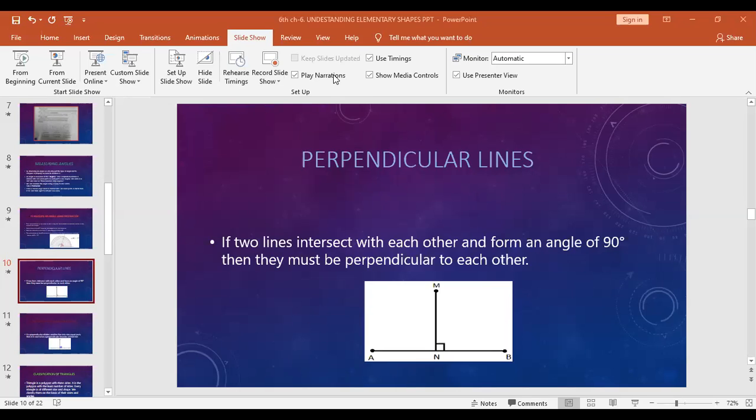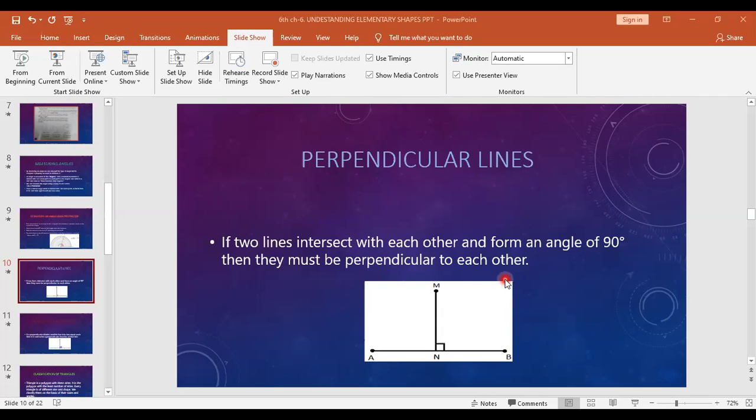Hello everyone. In the last class, we learned how to measure angles and the types of angles. Now let us learn perpendicular lines. What do you mean by perpendicular lines? If two lines intersect each other and form an angle of 90 degrees, then they must be perpendicular